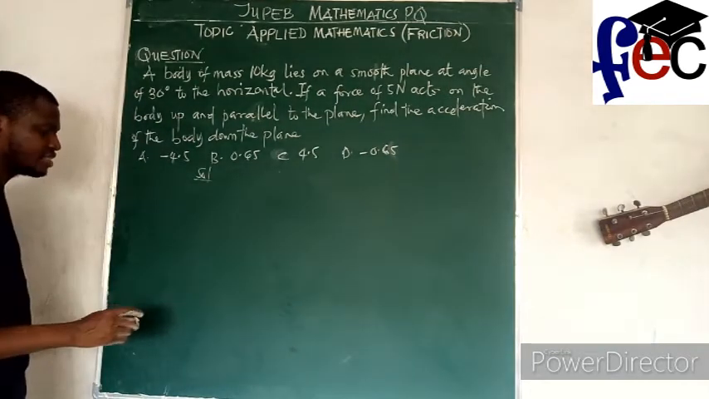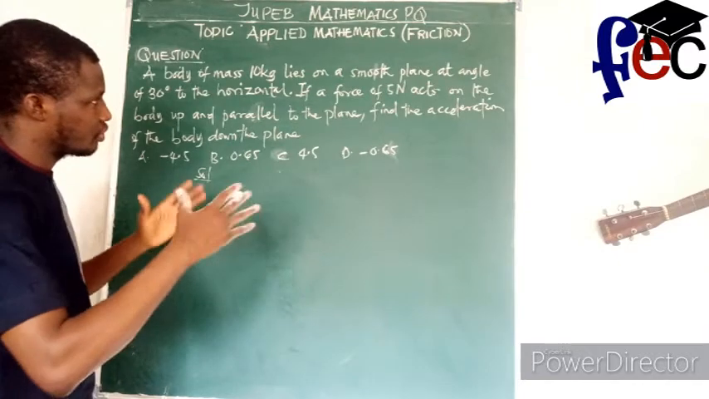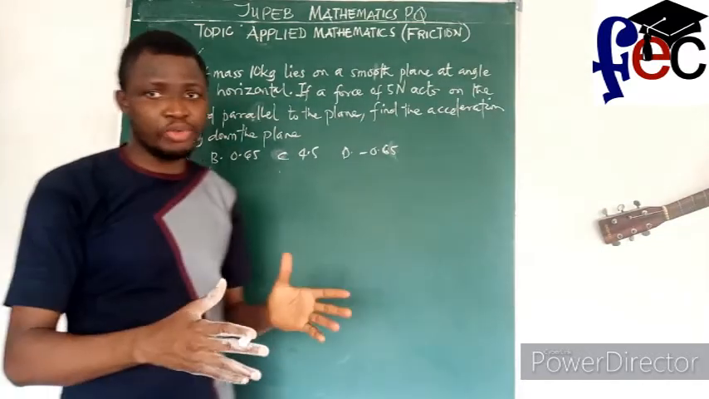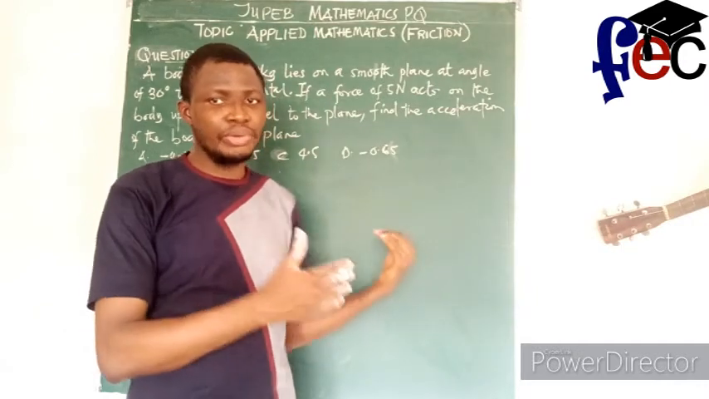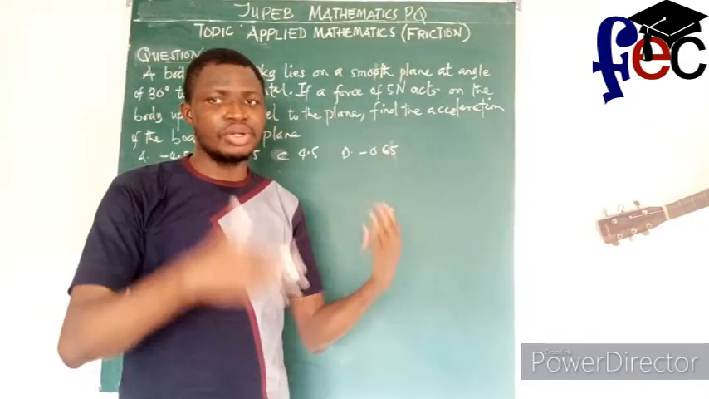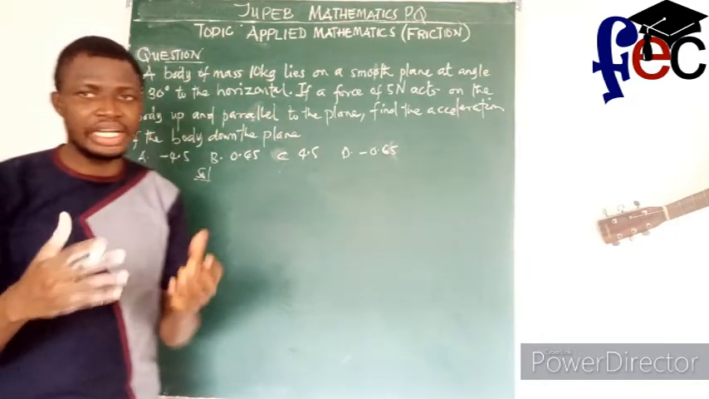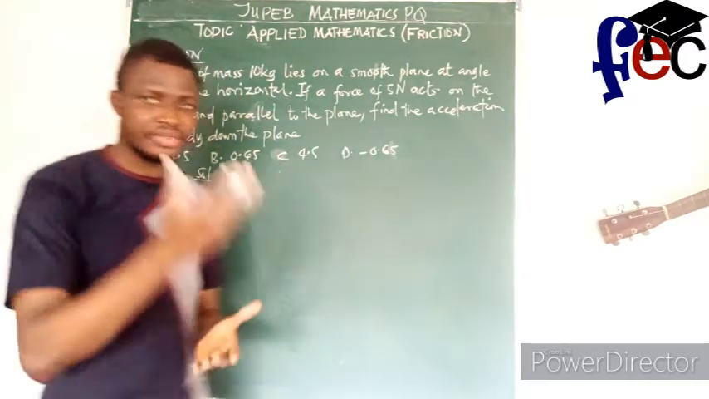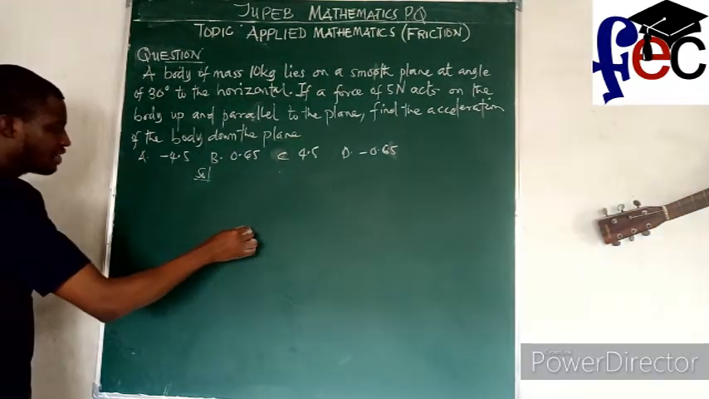Alright, in the previous video, the way we solved that JUPEB question, you saw the way I did all the analysis, so I wouldn't have to do that here. I hope that some of my comments can easily be identified with once you have watched the previous video. Okay, so now we have an inclined plane